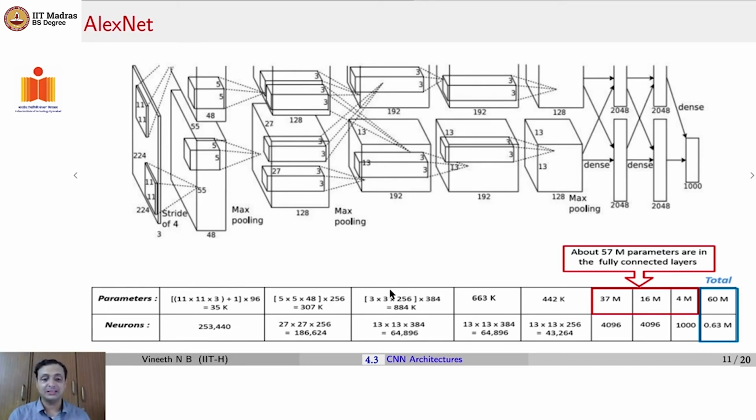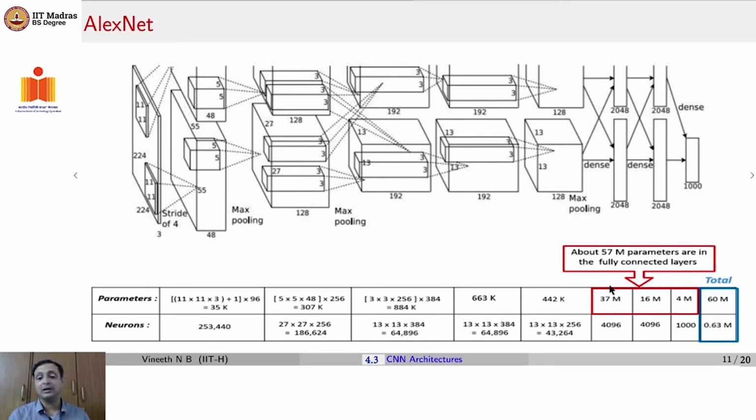But the number of parameters keeps increasing because the number of filters taken is significant. Initially it was 96. The next layer had 128 plus 128 filters, or totally 256 filters. Then 192 plus 192, that's about 384 filters, and so on and so forth. You can see that as you go deeper, the number of parameters keeps increasing, the number of neurons decreases, until